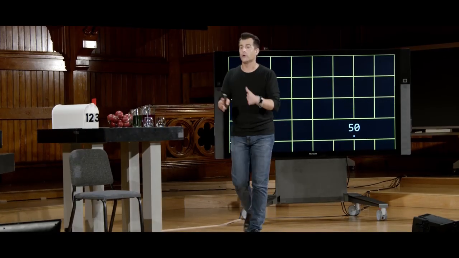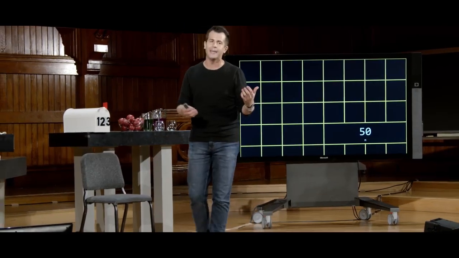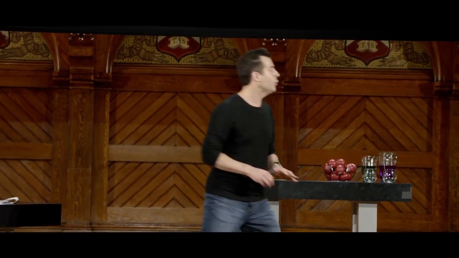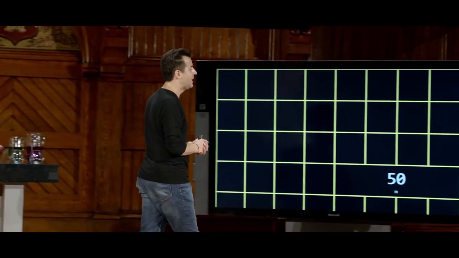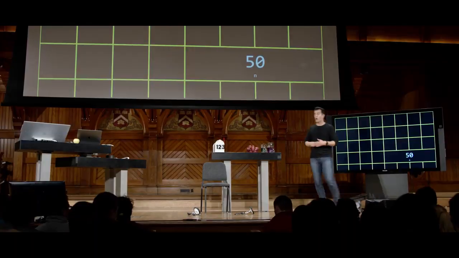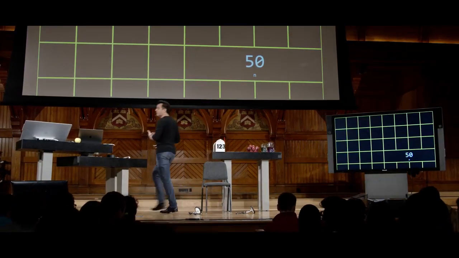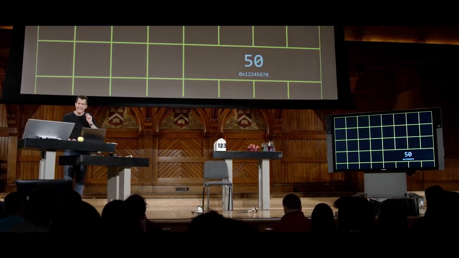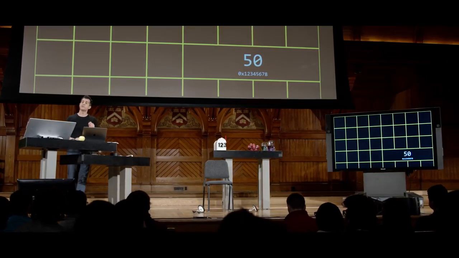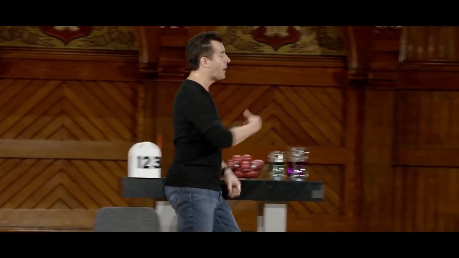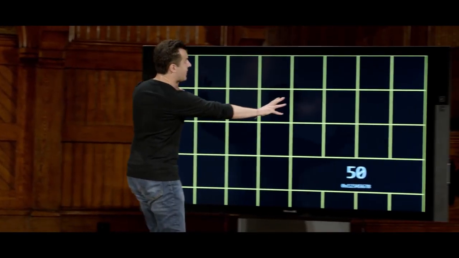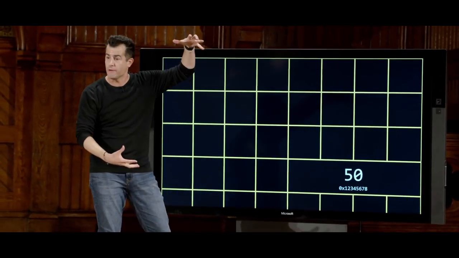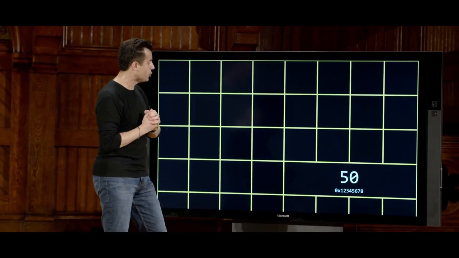Now, if you really look underneath the hood, that's not 50 per se. It's like 32 bits, zeros and ones that represent the number 50. But again, we don't care about transistors in that low-level detail now. But when I go ahead and print this, all I'm doing is printing the contents of that variable called n. But that variable technically does exist at a specific address in memory, right? If the top left-hand corner was 0 and the bottom right-hand corner was a bigger number, and maybe this is out of context, I've sort of zoomed out because you might have billions of bytes of memory in your computer.